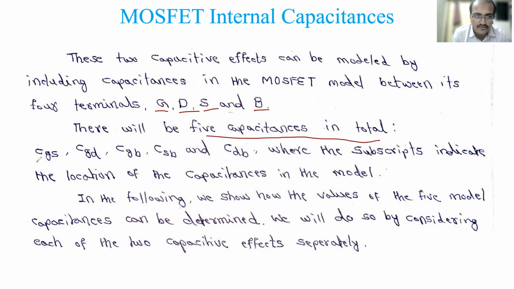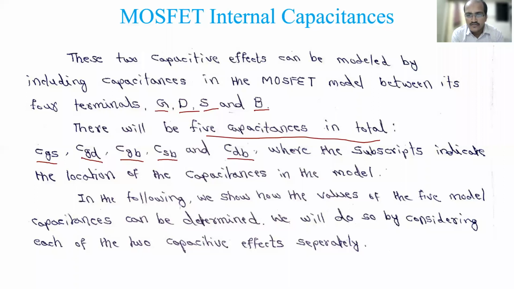Remember that from gate to source, there is a capacitance denoted as CGS. There is a capacitance from gate to drain, denoted as CGD. And there is a capacitance from gate to P-type substrate, that is body, CGB. And similarly, with source to body, there is a capacitance. Similarly, drain to body, there is a capacitance. So together, 5 capacitances are there in total. So we need to calculate gate to source, gate to drain, then gate to body, source to body, drain to body. Like that, we have 5 capacitances which play the major role in MOSFET high frequency